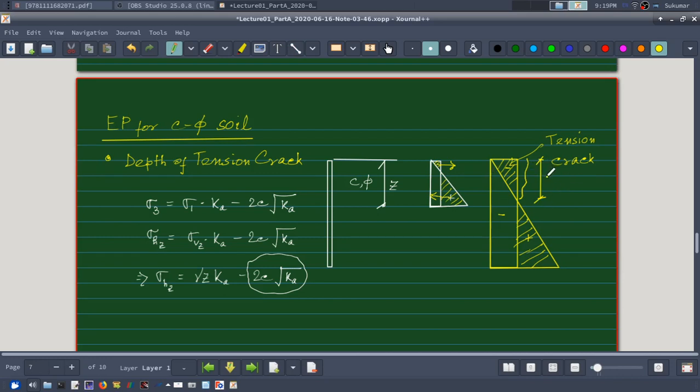Say this is my Zc. Now at Zc my total pressure is 0, so I will just equate this equation to 0, and therefore what I will get is the depth of tension crack. I'll equate this portion,